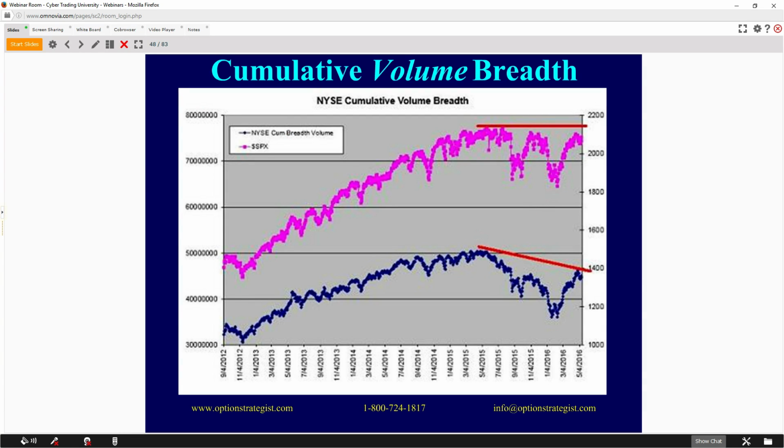Now, can you time off of this? No, you can't time off of this. But the point is that when this negative divergence gets into place, you should not ignore sell signals from your indicators. So, for example, last